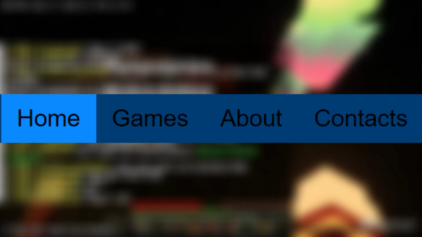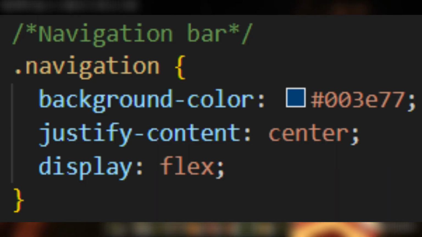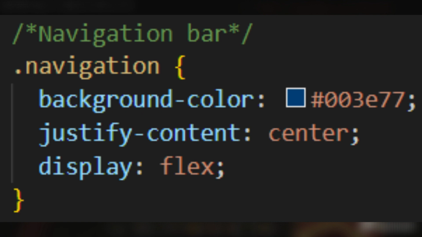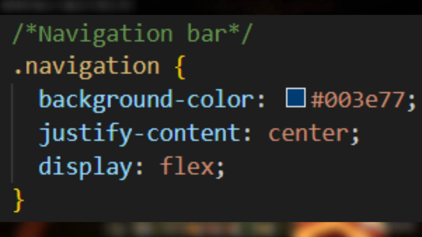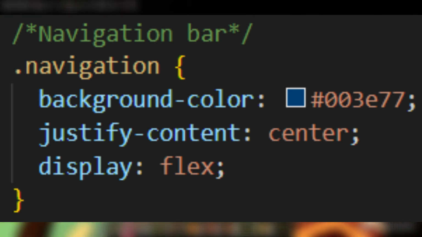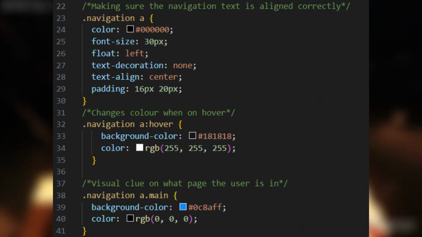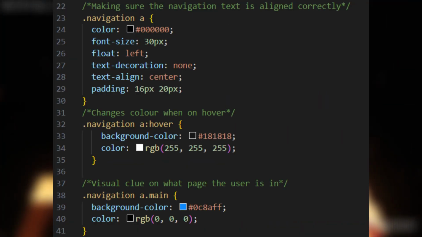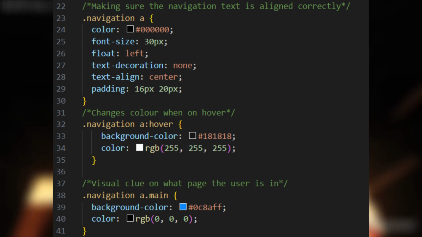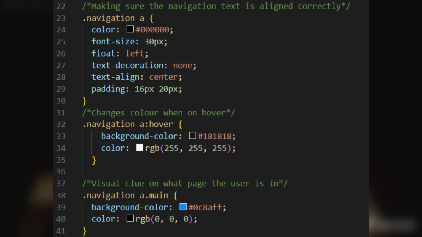I made sure that the navigation bar itself would align correctly, justify content to center to make sure it's middle aligned, while display flex is to make sure that it arranges itself nicely with the other contents of the web page. Then, I also made sure that the href part of the navigation bar would do the same, settling on a font size that best fit my website while putting on the right padding to make the bar look comfortable